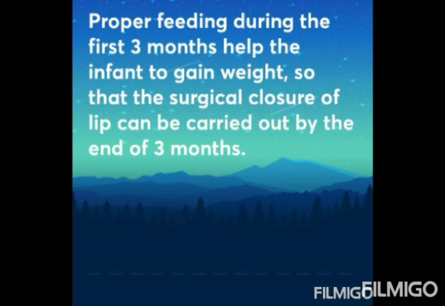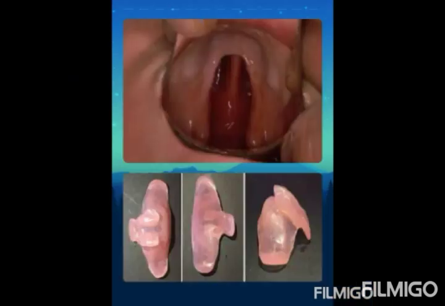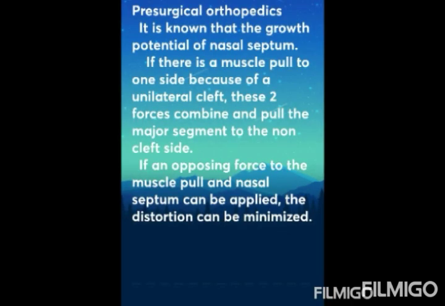Proper feeding during the first 3 months helps the infant to gain weight, because the rule of 10 requires a minimum weight of 10 pounds. So we have to increase the child's weight so that surgical closure of the lip can be carried out by the end of the 3 months. So these are the obturator, that is the suction feeding plate, showing the